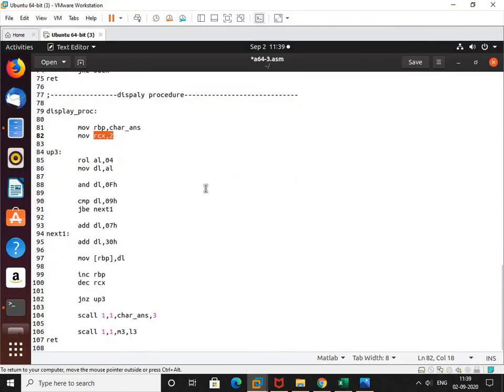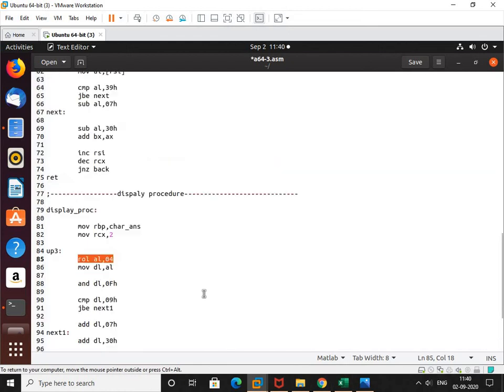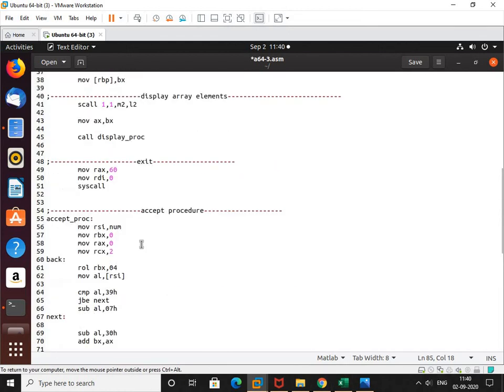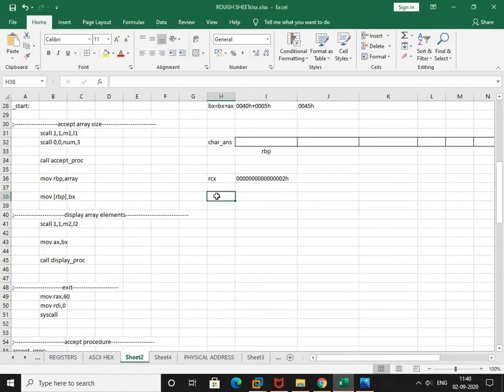Next, now roll the content of AL by 04H. We have copied the return value of BX into AX. So what is the current value of AX? It is 0045H. Now what will AL have?